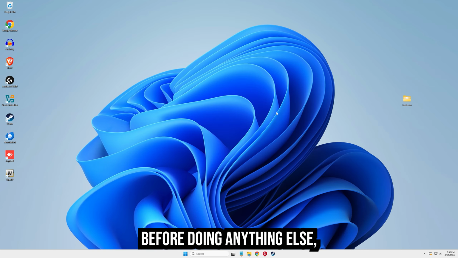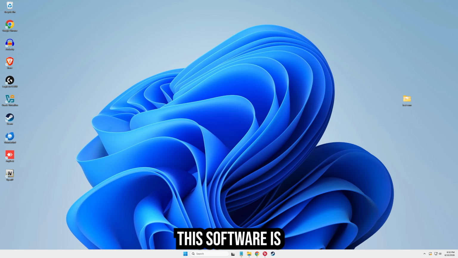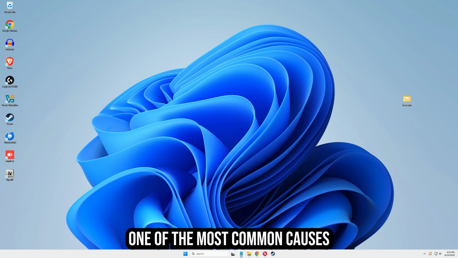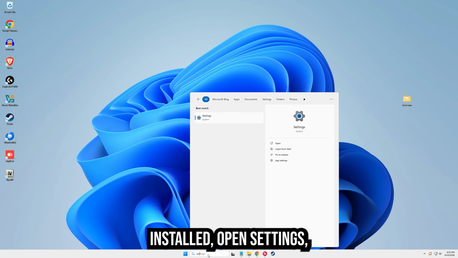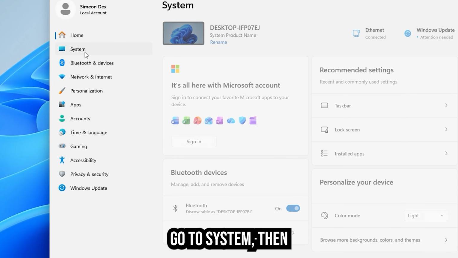Before doing anything else, if you have Gigabyte hardware and use RGB Fusion, try uninstalling it first. This software is one of the most common causes of this blue screen, and removing it has fixed the issue for many users. If that doesn't help or you don't have RGB Fusion installed, open Settings, go to System, then